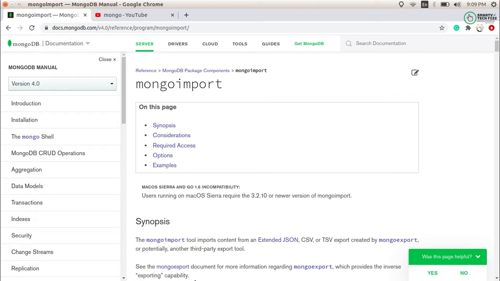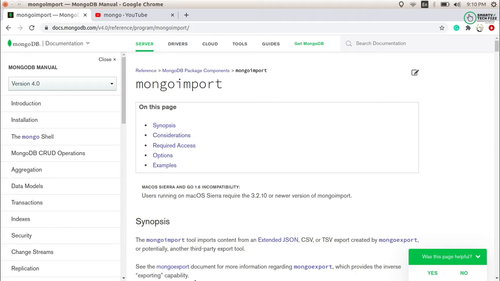Before this, you must understand that I will be currently using the Mongo import with a JSON file. If you want to import from a CSV file, firstly you can go through all the options available here that I'm going to explain in this video, and after understanding all the options, you can skip to the next video which I will be creating regarding the CSV import. So just take care of that. I am currently using the JSON file import, not the CSV. For the CSV you have to skip to the next video.